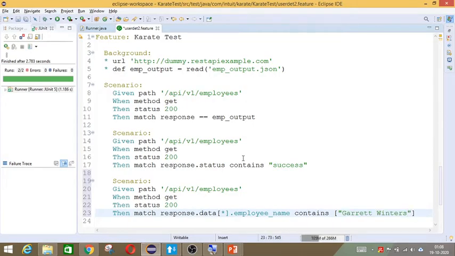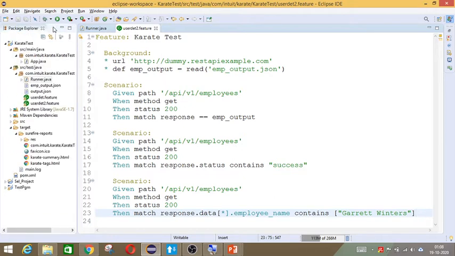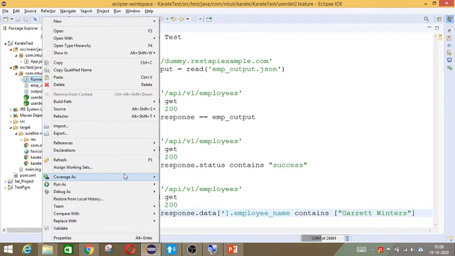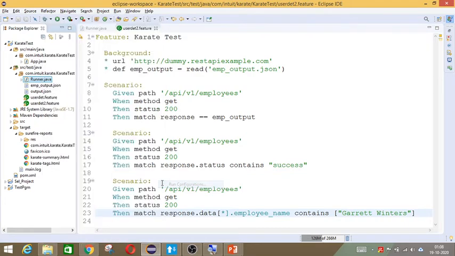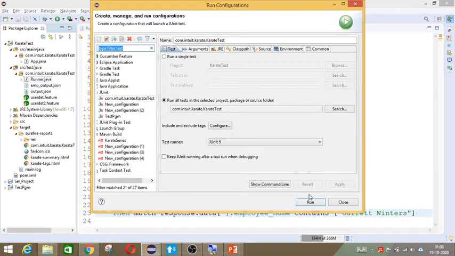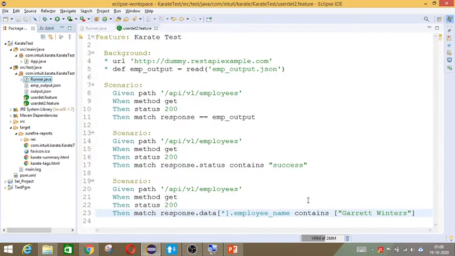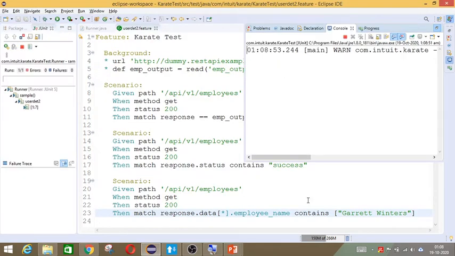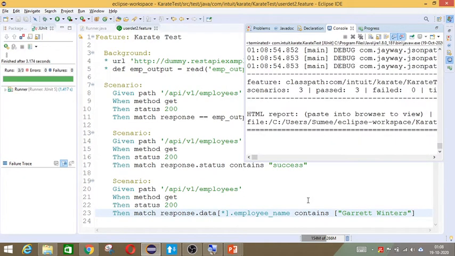So we are saying we want to compare the employee name with Garrett Winters. Now let us save it, and then we will run it. So if it is an array, you have to validate like this. Now we'll give run. So you can see that it is executed fine.